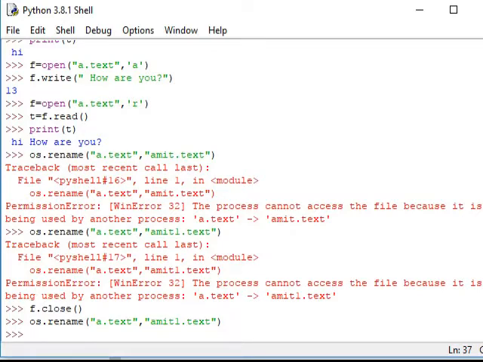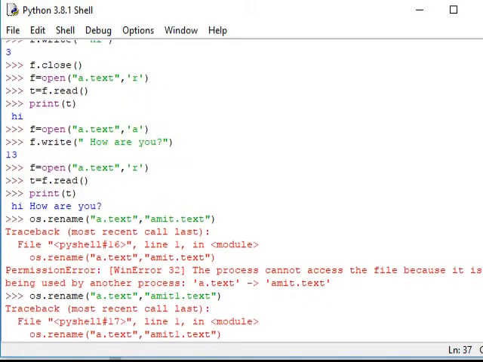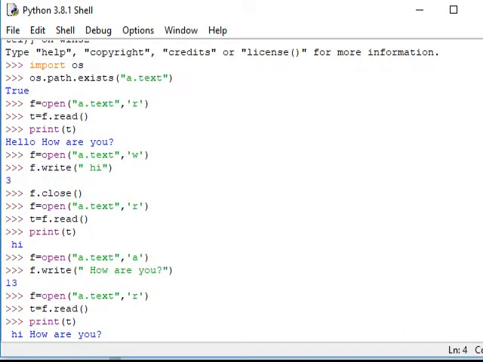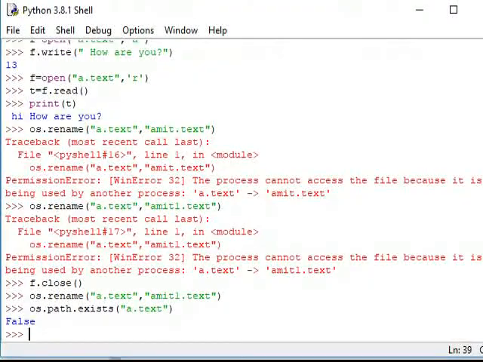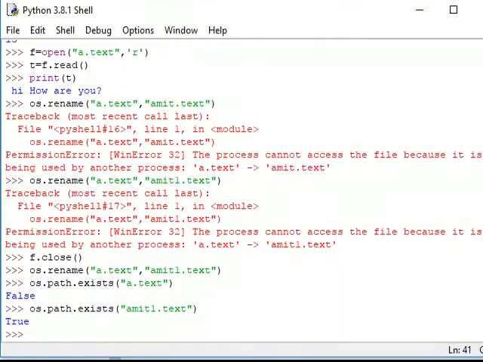Now to check whether a.txt exists or not, I will use path exists here. False. Now it is giving me false. Then what is the file's name? It is Amit1. So here I will check with this file name, Amit1. Here it is saying true. Now if I want to read it again, what should I do?